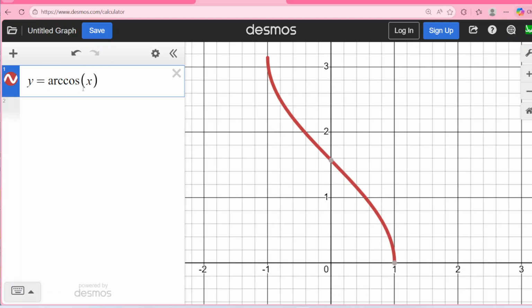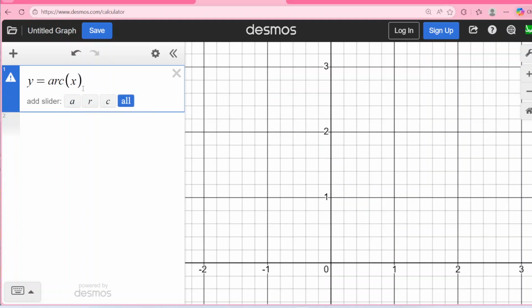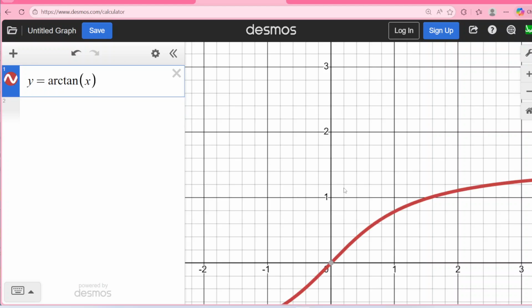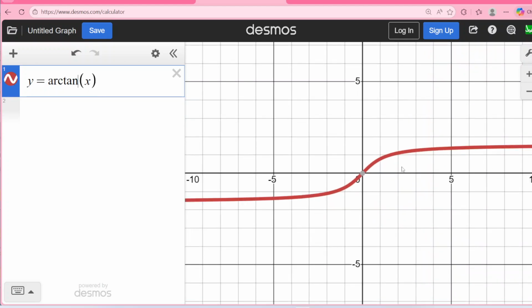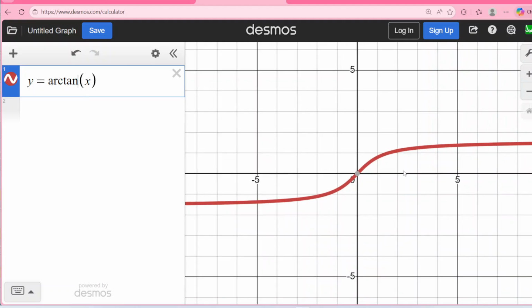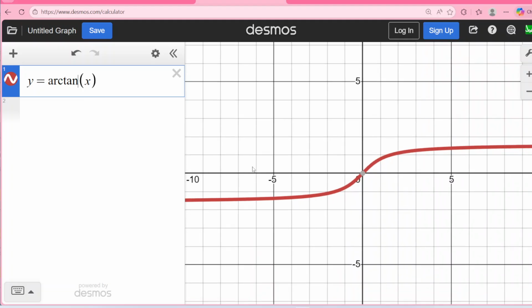So back to Desmos here, inverse tangent. So it was like this long, elongated S curve here. So the domain is all real numbers, you'll notice. You can plug in anything for x and get some output. And then the asymptotes, though, the highest value